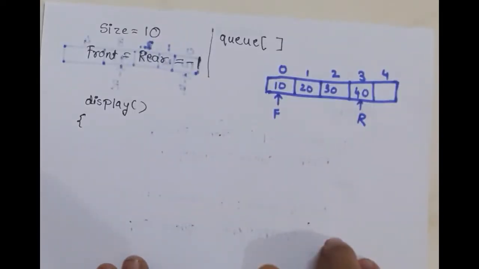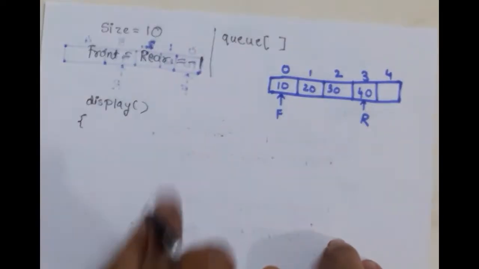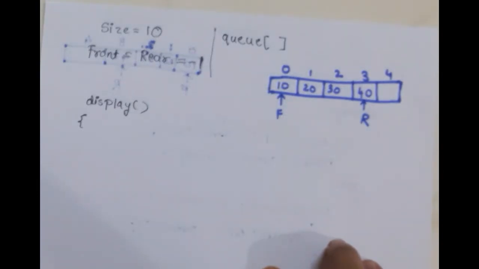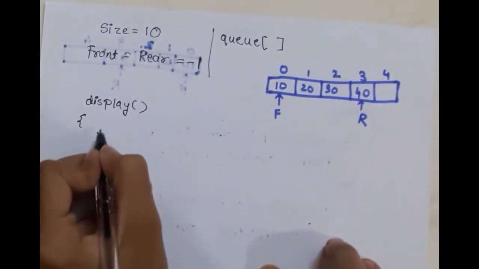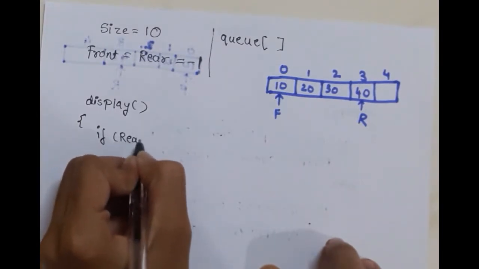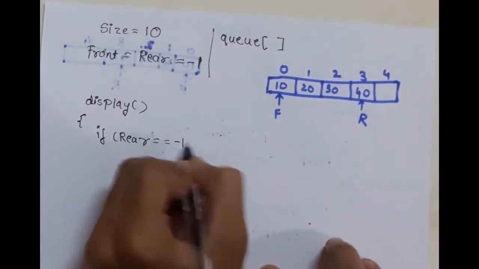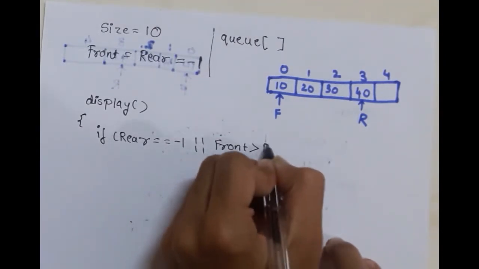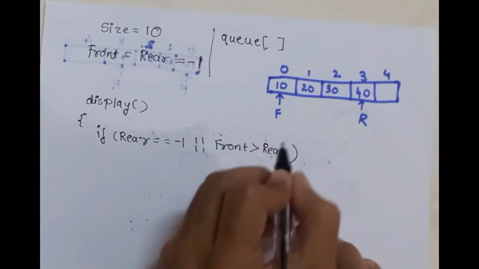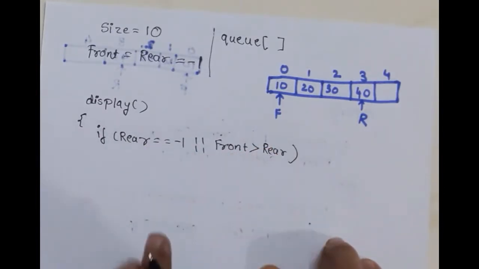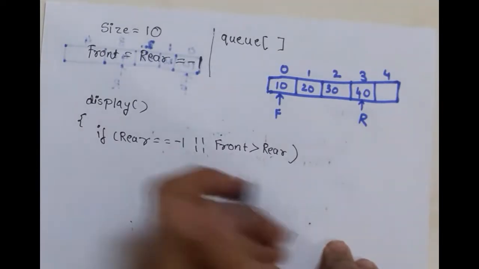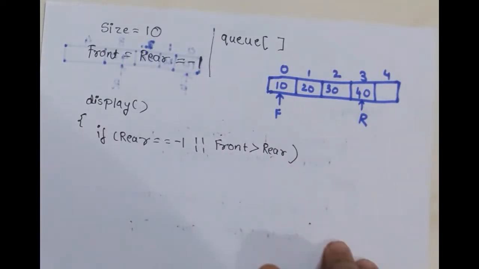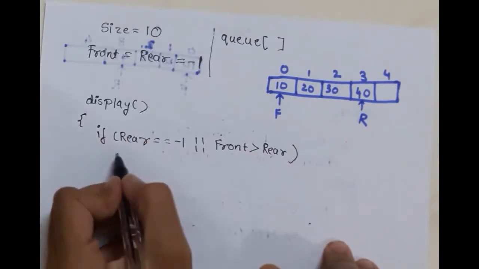So finally, the next operation is the display operation, and for performing the display operation, we have to check the queue empty condition, and if that condition is true, then we cannot perform the display operation. So if rear is equal to -1 or front is greater than rear, these are the two conditions, and if any one of these conditions is true, then we cannot perform the display operation. So in case any of these conditions is true, then just print